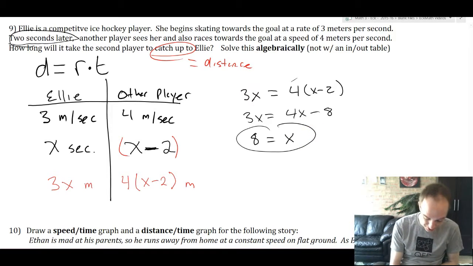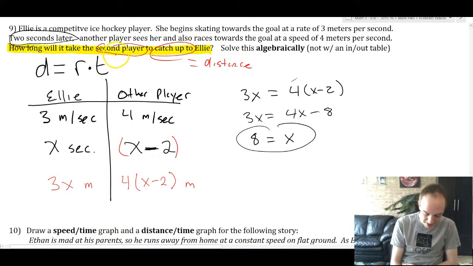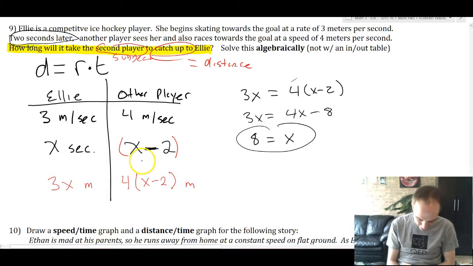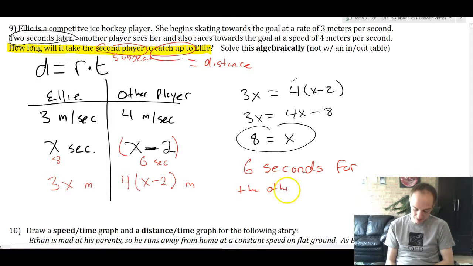We need to go back to the story. It says, how long will it take the second player to catch up to Ellie? So in that sentence, the second player is the subject. Channeling our English teacher roots here. The subject of the sentence is the second player. So the second player, if Ellie's going for 8 seconds, is only going for 6 seconds. So x is 8, I agree. But the answer here is 6 seconds for the other player